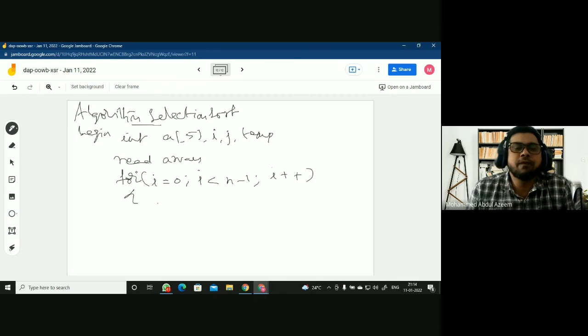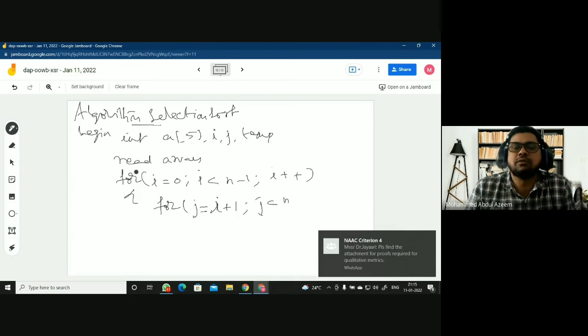So now inside the inner loop, I'll be taking j. j is going to point to the rest of the elements in each pass. If I start i with 0, then in that pass the rest of the elements with which I am going to compare the selected position are going to be i plus 1. Okay, j equal to i plus 1, j less than n, j plus plus, since the last element is n minus 1.